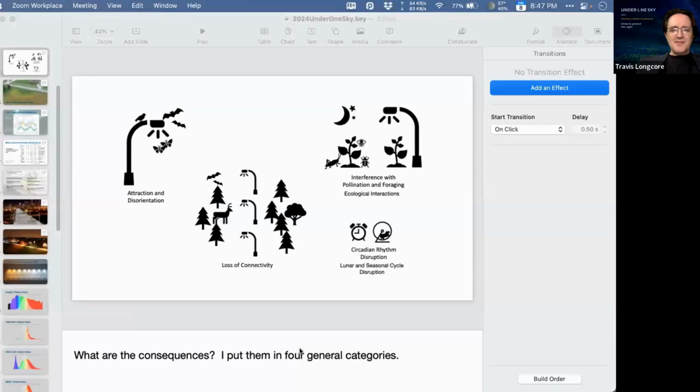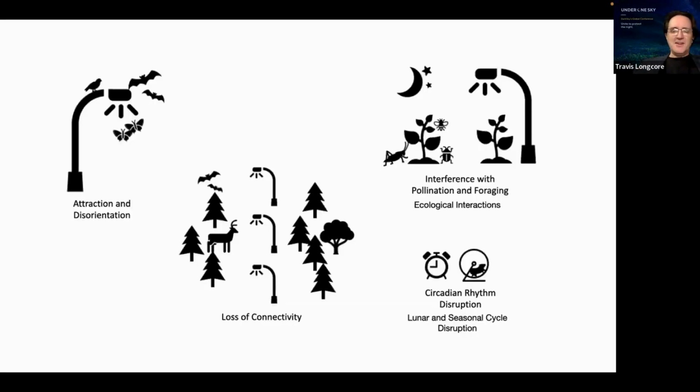So I'll get this going. Just a summary slide, which maybe we can refer back to and modify as we go along, of four big areas where light at night, light pollution, affects wildlife. And here, mostly in the terrestrial context, which is where I work most of the time. And so people will add to this. Attraction to lights, disorientation, fragmenting habitats by lights,